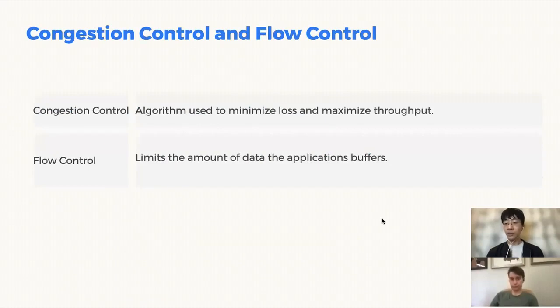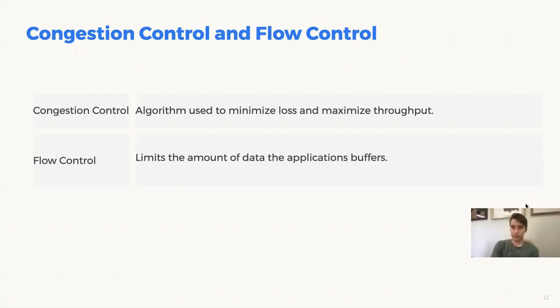So with this algorithm ready, we were ready to run a real experiment with production traffic. And I will give it back to Matt to talk about congestion control and flow control. Thanks. So to understand some of the challenges we face next, let's start with some basic definitions of congestion control and flow control. Congestion control is essentially an algorithm used by a sending transport like TCP or QUIC to minimize loss or congestion and maximize something, usually throughput, so our ability to deliver data to the client.